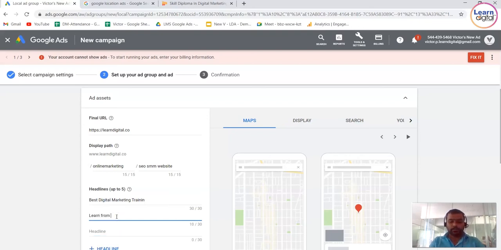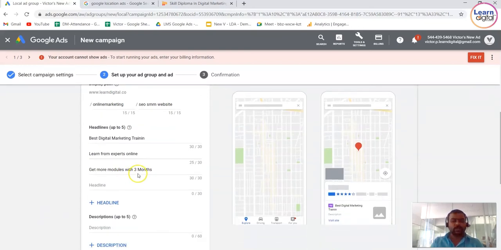Learn. So I'm just taking a few examples over here. I'm not optimizing the headline.